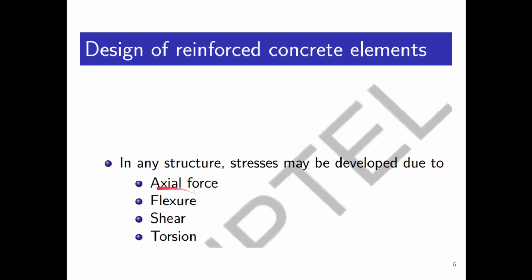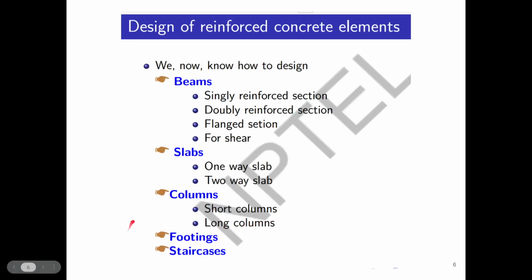We can also say that flexure and shear are almost like one, and the other will always be there, because shear will create flexure and flexure will create shear. So basically there are three: axial force, flexure-shear, and torsion, but you can separate it also, no issue. So as I told you, we discussed the design philosophies in the previous classes for all